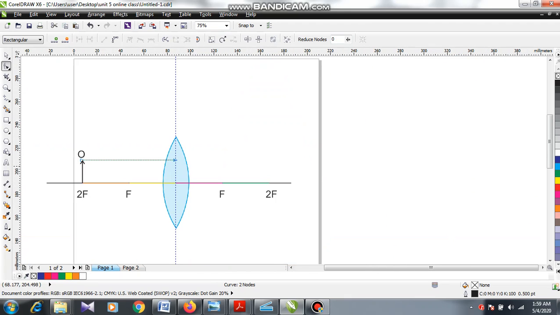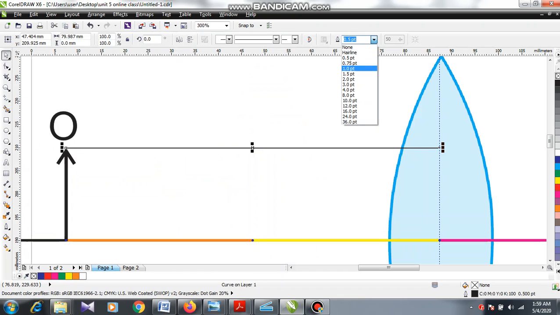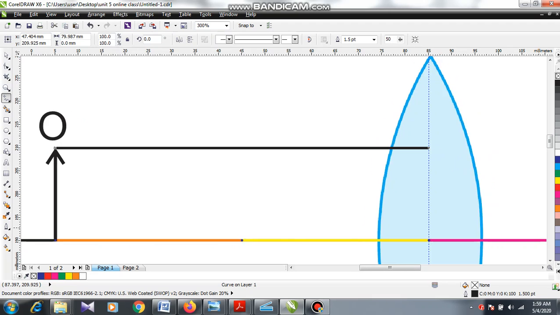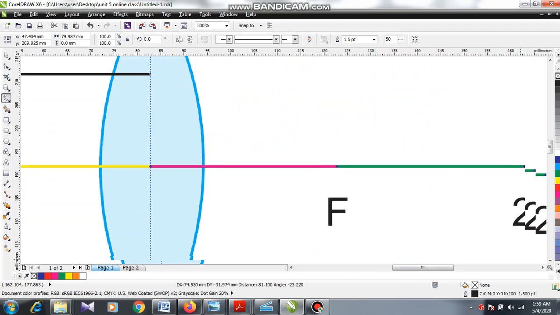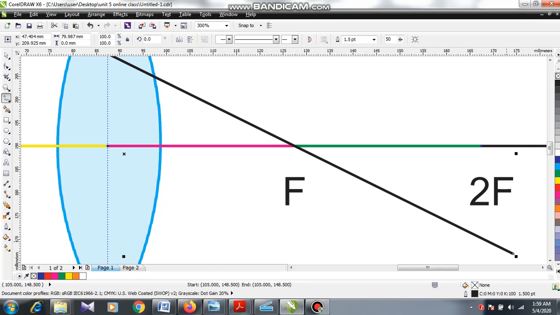So it's a parallel line, going parallel to the principal axis. So it should be refracted through the focal point. Here is the focal point. I have to locate it correctly.